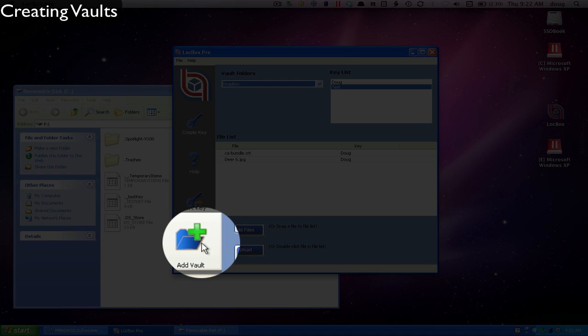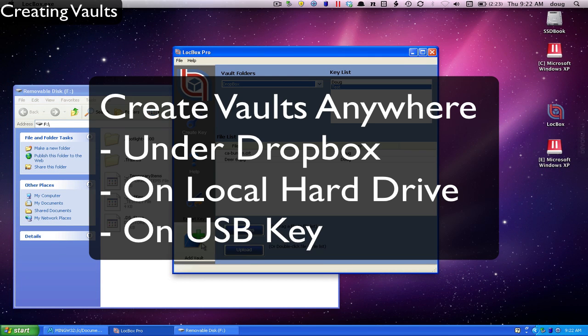Now, you can create a vault anywhere you want. You can create it in your Dropbox folder itself so that you can have multiple vaults in your LocBox folder, and they're in your Dropbox folder, which you can then share with different users. Or, as I'm going to do in the screencast, you can create vaults in other places, such as on a